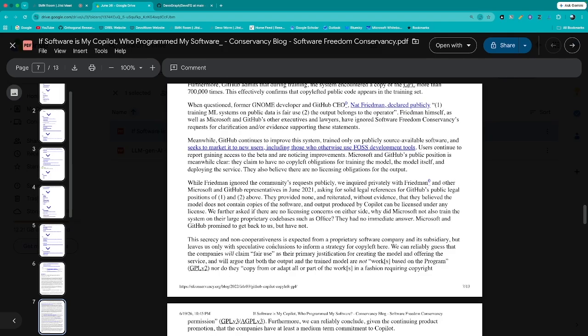The secrecy and non-cooperativeness is expected from a proprietary software company and its subsidiary, but leaves us only with speculative conclusions to inform a strategy for copyleft here.